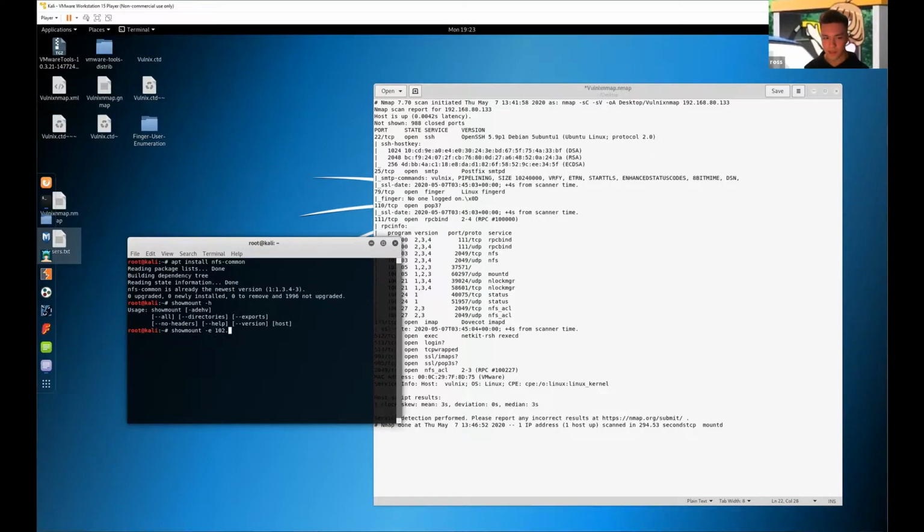We're interested in showmount -e, and then you specify the name of the target, and it will tell you which NFS shares are available for you to mount on your own system. And there's one called /home/vulnix. If you're a detective, big brain, you will also notice that this implies there's a user named vulnix. So we can go back to